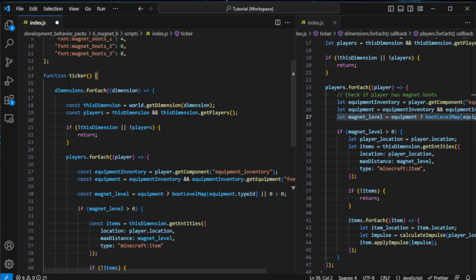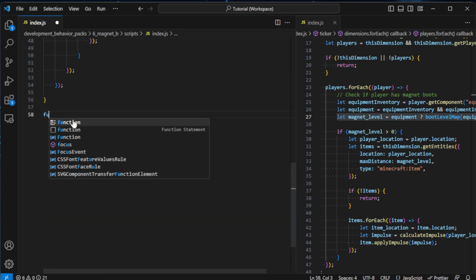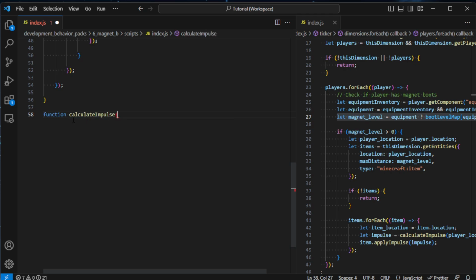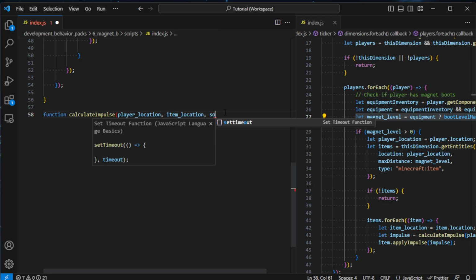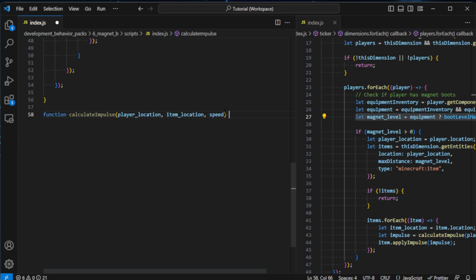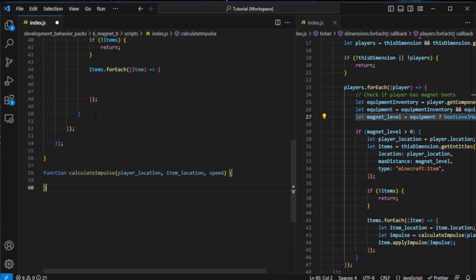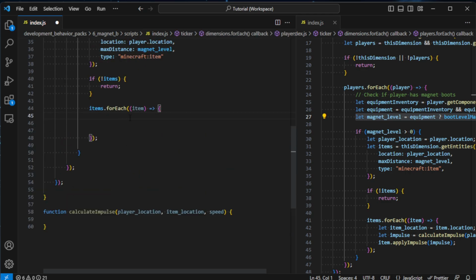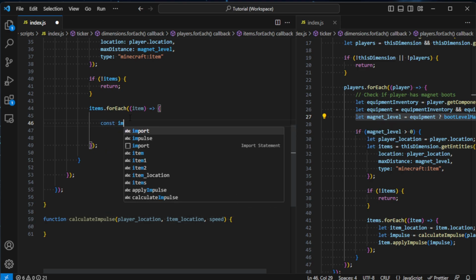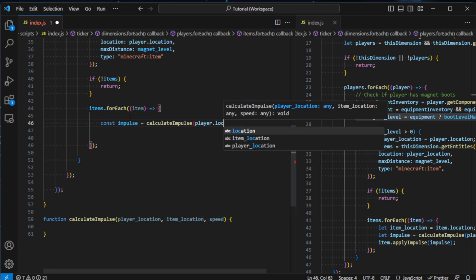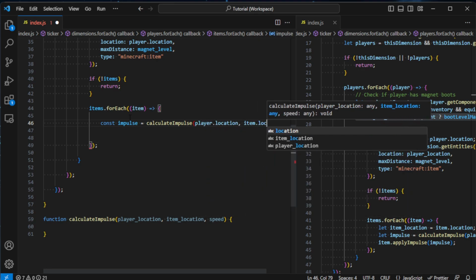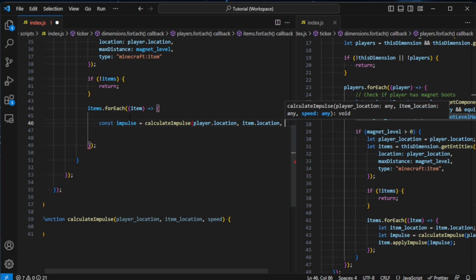So we're going to come right out of this ticker function. We're going to come down here and we're going to go function, calculate impulse. And then this is going to be based on the location of the player and the location of the item. And we want to be able to set a speed that the items are going to be going towards that player with as well. So we're going to have a third variable there for speed. So before we write that function, going back to our items, we're going to do const impulse equals calculate impulse, and we're going to do the player dot location, the item dot location, and then a speed,